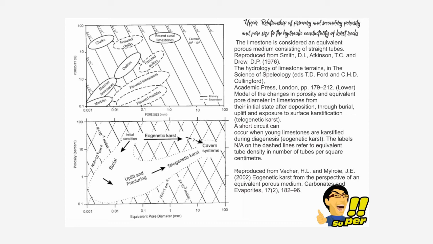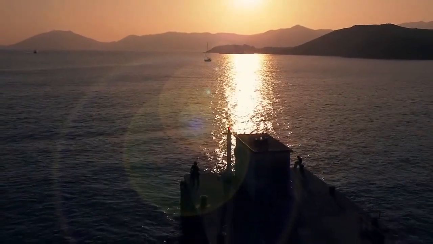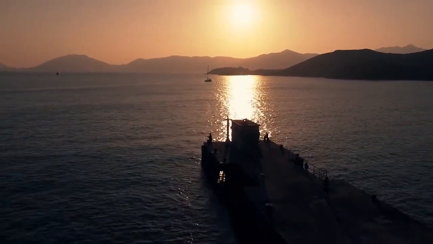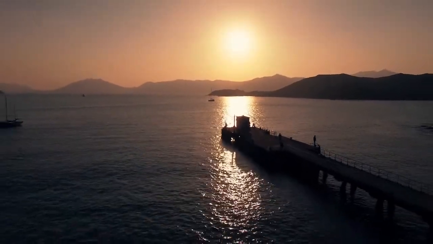Lower, model of the changes in porosity and equivalent pore diameter in limestones from their initial state after deposition, through burial, uplift, and exposure to surface karstification, telogenetic karst. A short circuit can occur when young limestones are karstified during diagenesis, eogenetic karst. The labels N/A on the dashed lines refer to equivalent tube density and number of tubes per square centimeter. Reproduced from Vacher, H.L. and Mylroie, J.E., 2002, Eogenetic karst from the perspective of an equivalent porous medium. Carbonates and Evaporites, 17, 2,